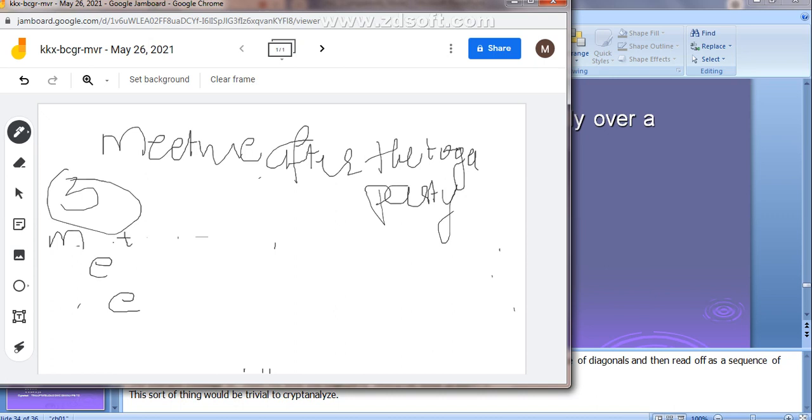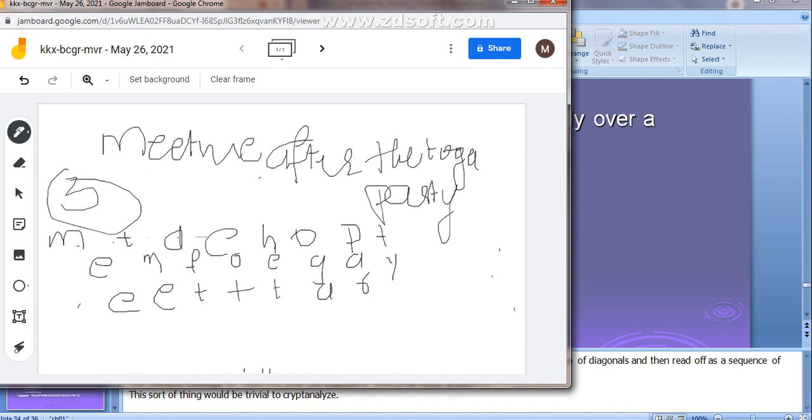Take the message as "meet me after the toga party". The same message we can consider. Whether we are going to get the same ciphertext or not, we'll check it out, or whether it is going to produce a different one.